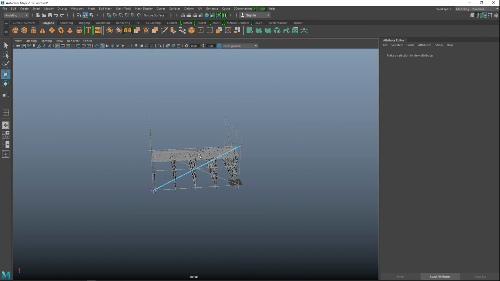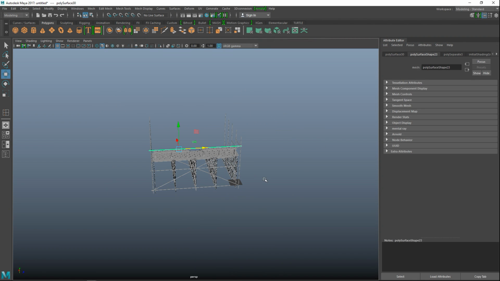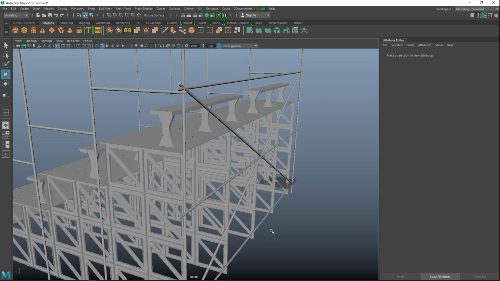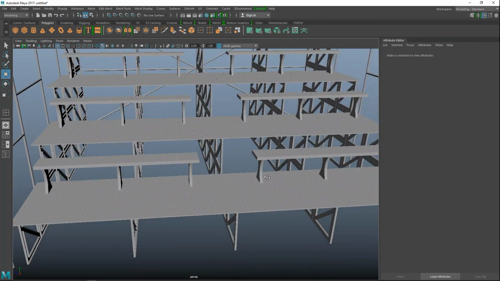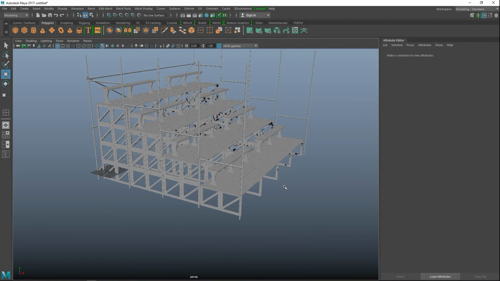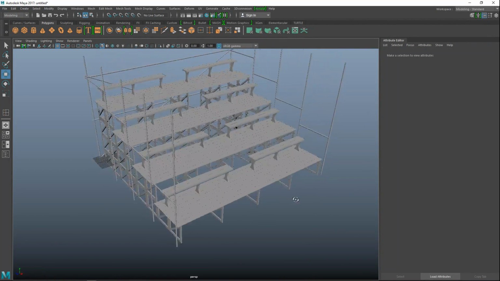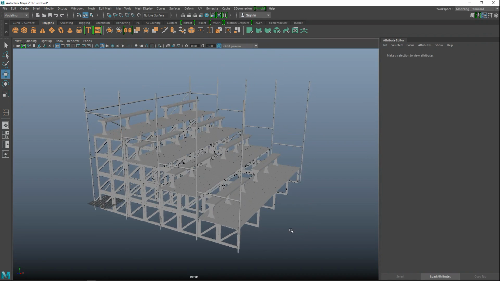Okay, so right click object mode, let's see what we got. So this seems to be okay, and let's see, final touch.